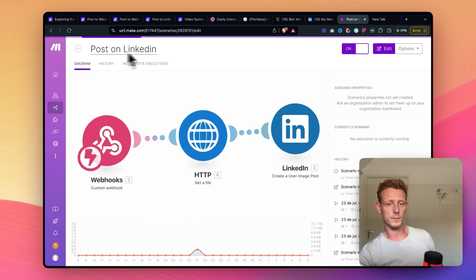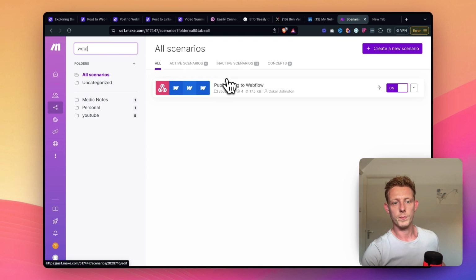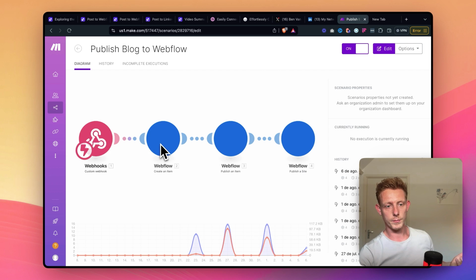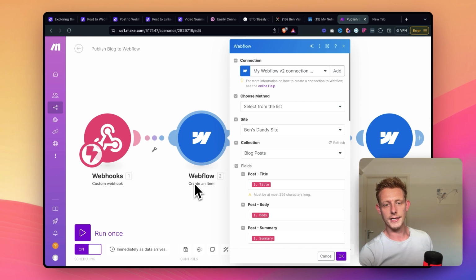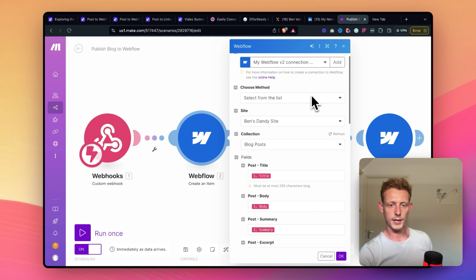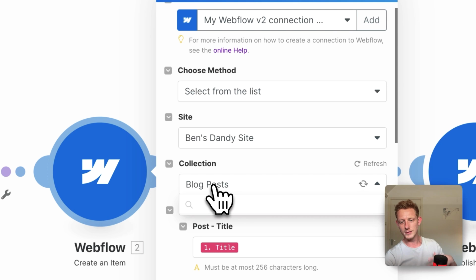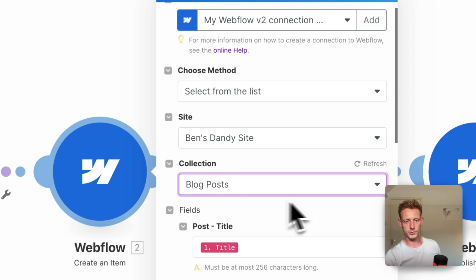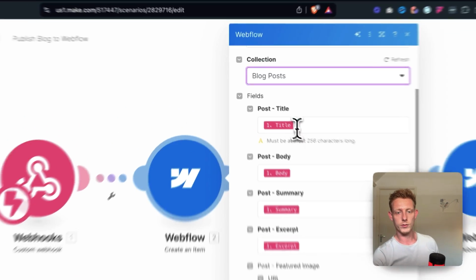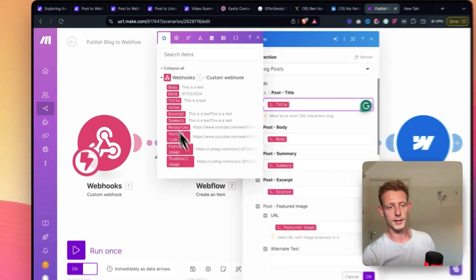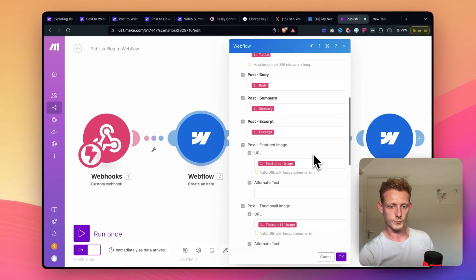So you can see here, we have the Webflow, publish blog to Webflow, right? Same setup. We have our custom webhook here. We send all that data there. Then we have create an item in Webflow, right? And there we can select our site. We can select which collection ID, right? In this case, it's blog posts. And then we automatically get the fields here that we need to fill out, right? And all we do then is add in the variables we get from Make, from the webhook in each step: title, body, summary, excerpt, image,